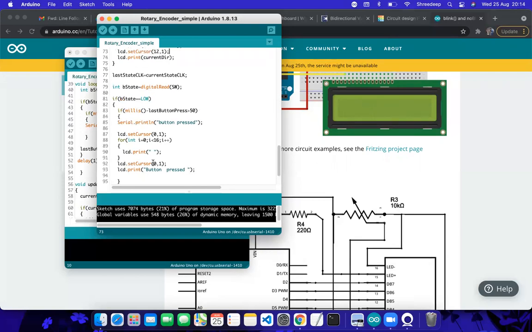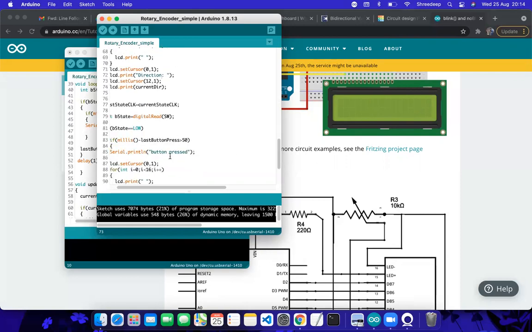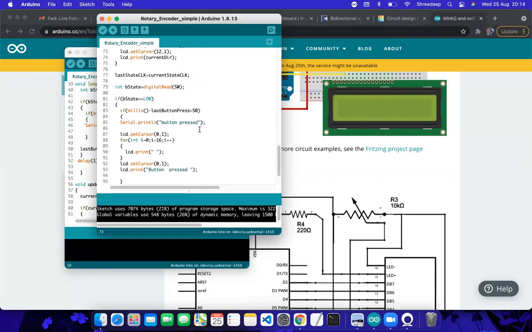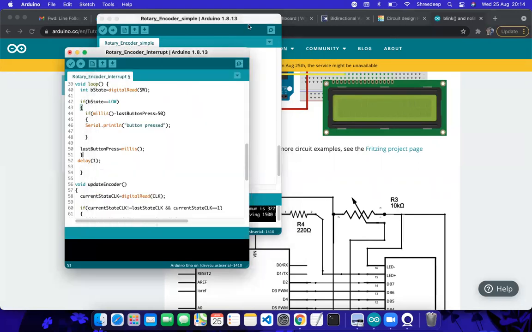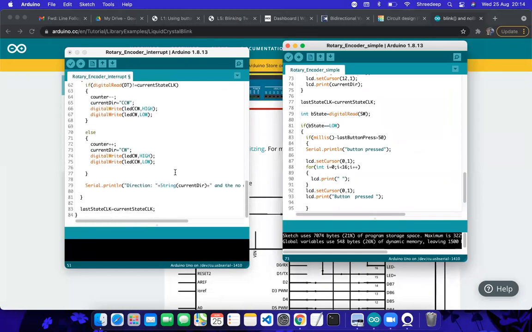Once you perform another rotation, the control comes over here, and it will wash away the button press and print the direction, let's say CW. The position is always there; the position hasn't been washed away by the button press. Only the direction, the second row, keeps being washed away by the button press. That is why this adjustment is required. Let me copy this to the LCD portion, then I'll come to the interrupt driven section.